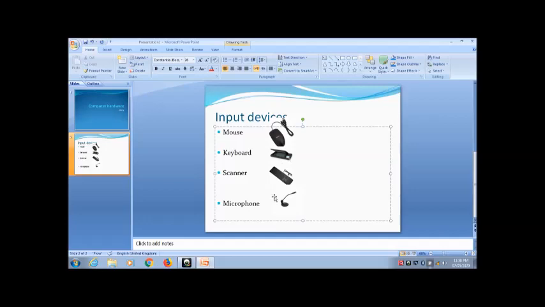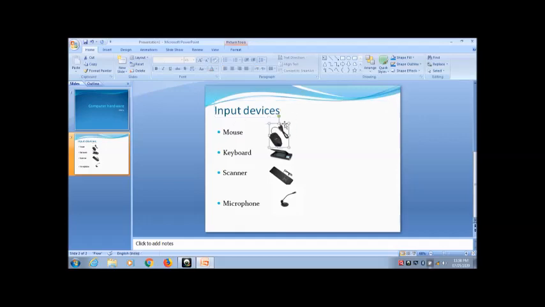So now my pictures are looking quite better. I can do one more thing, that I can change the size of the text box as well if I wish to do that.